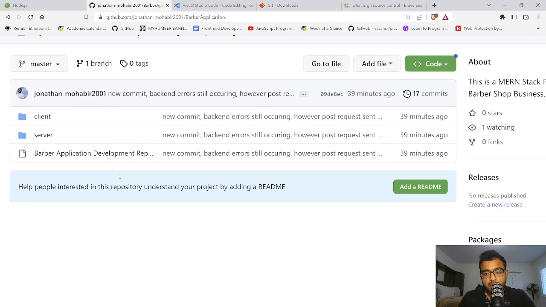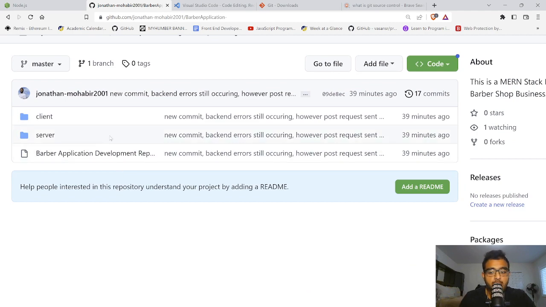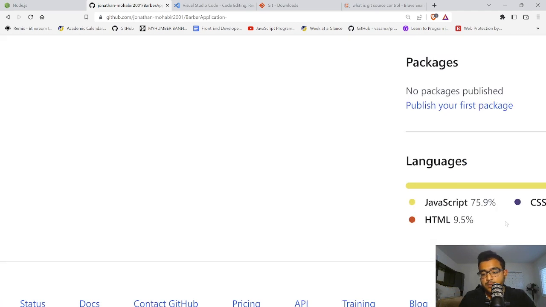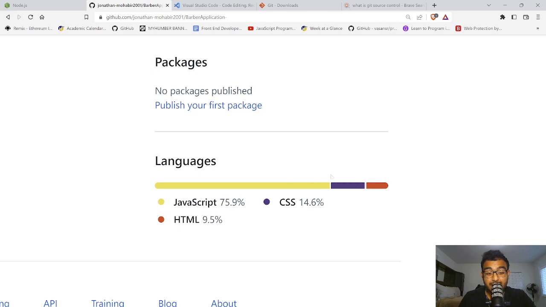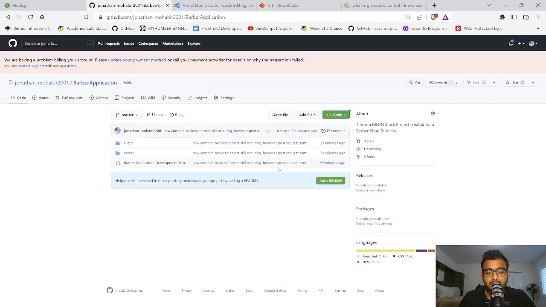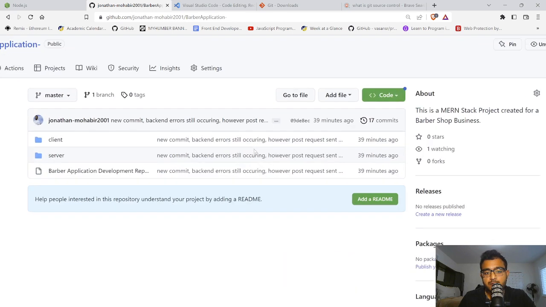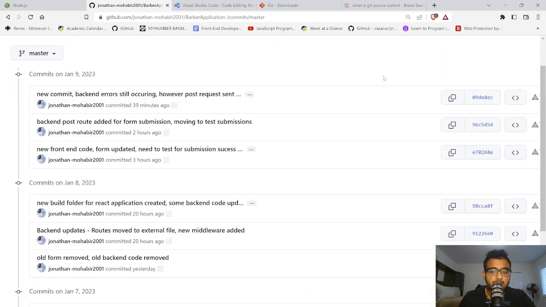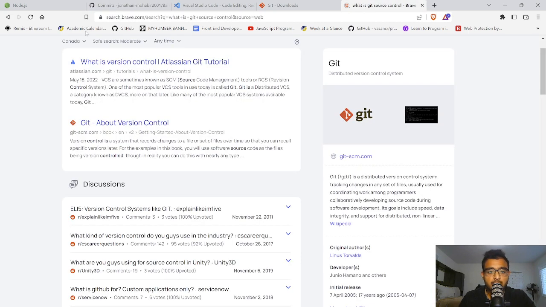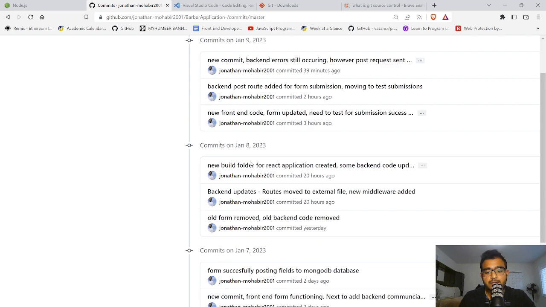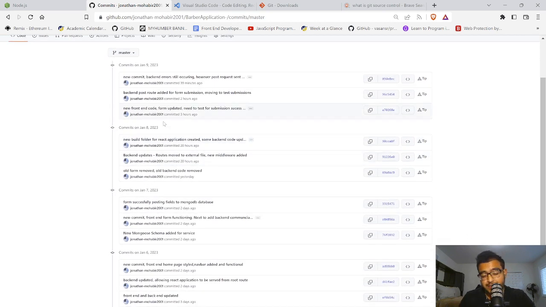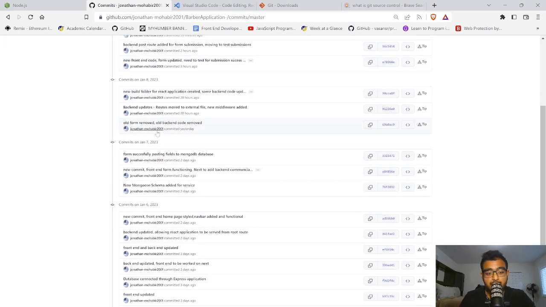This already has code that I was working on earlier today. It gives you the rundown of what is in the repo, which is pretty cool. You can also see your commit messages, your code history. Again, coming back to the definition of source control, all of this here is tracking the changes that I've been making to the